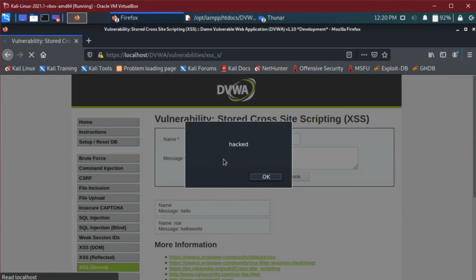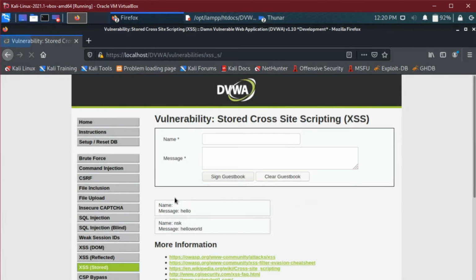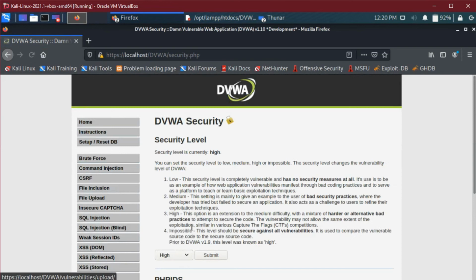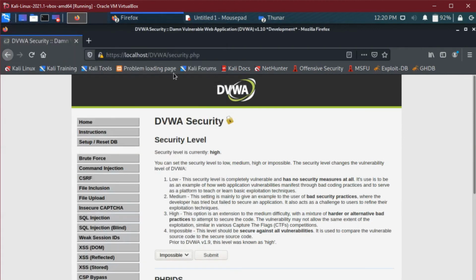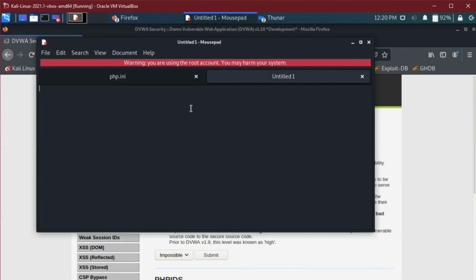So what is impossible? I'm going to explain in a text file, so I'm opening the text editor. The text editor is open. Okay guys, I'm zooming in.